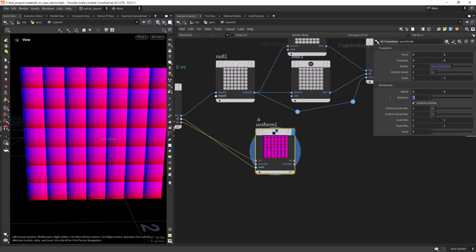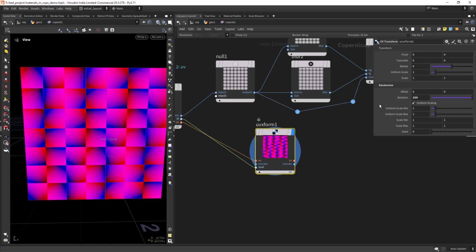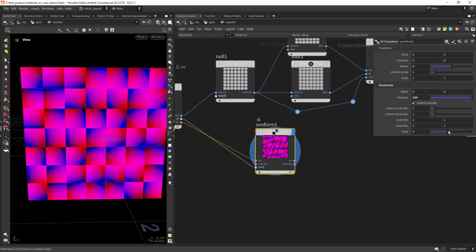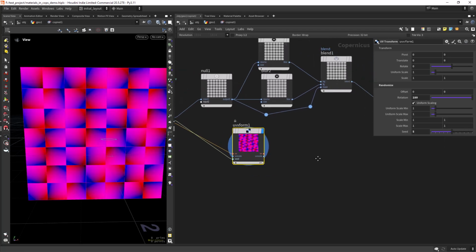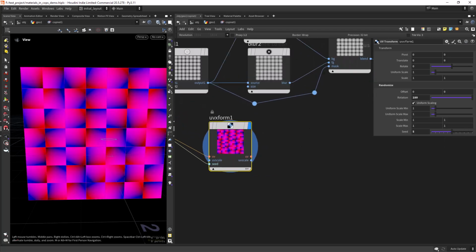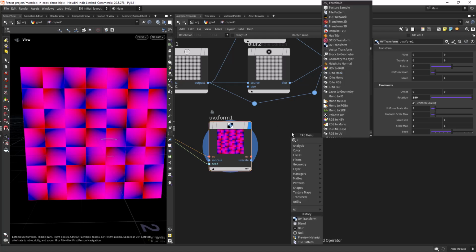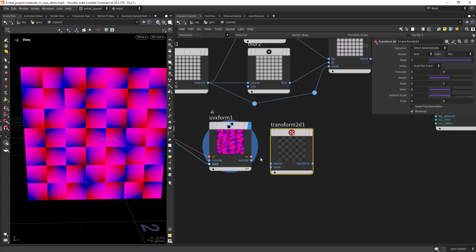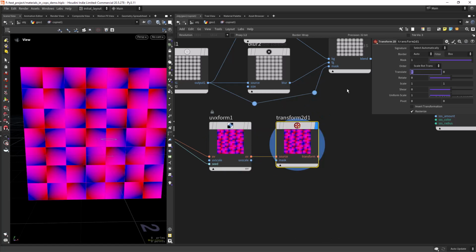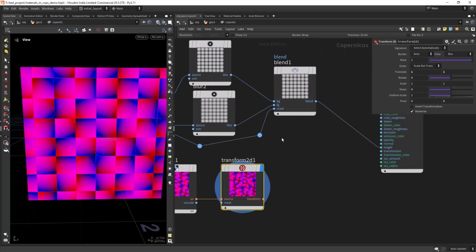I'm gonna change to randomize the rotation, so 180. Maybe change the seed, and let's do transform. Since we want them in the corners, we will just move them by 1 and 1, so they sit right on the corner,